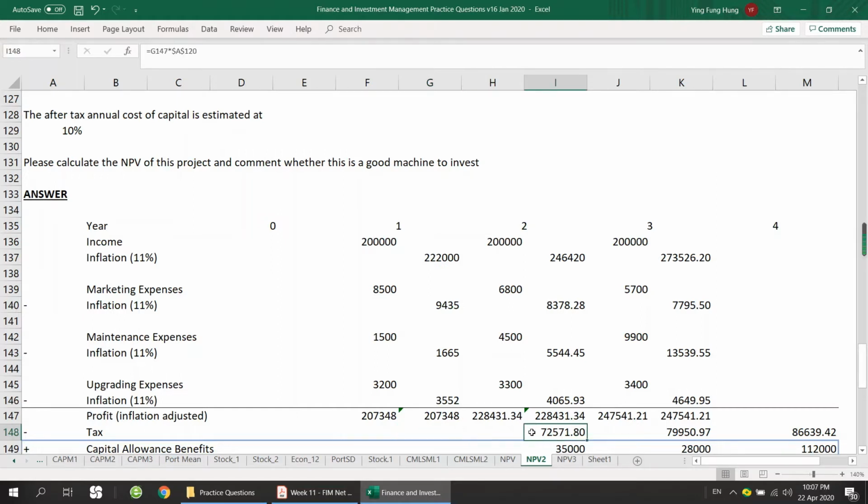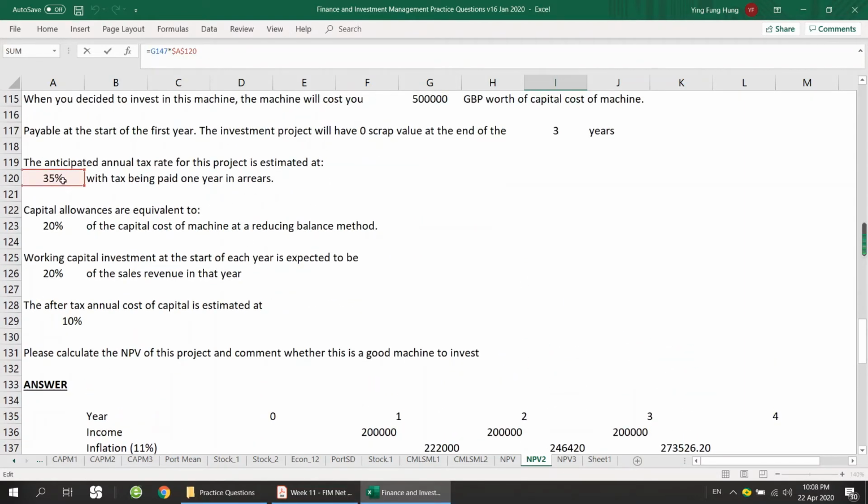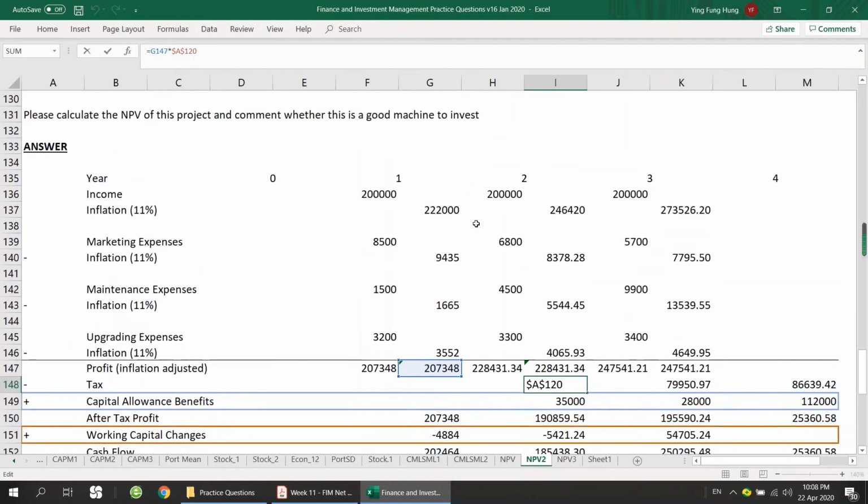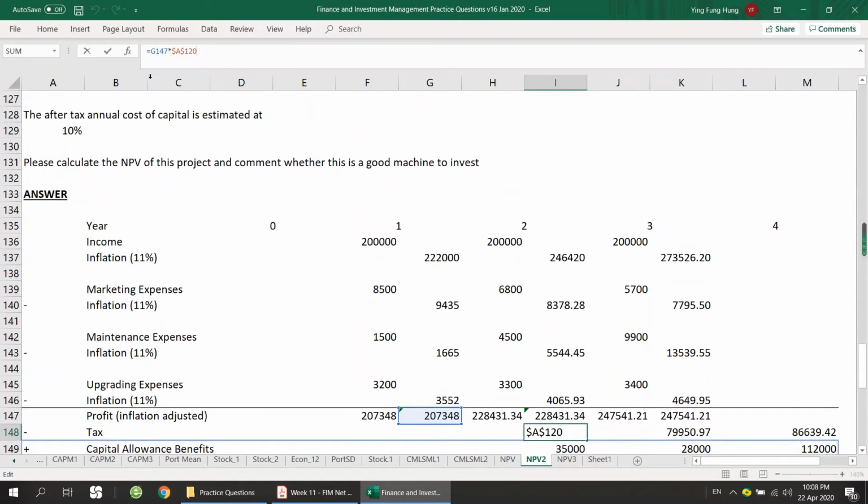So if you can see here, in year 2, we are paying 35% tax, which is in cell A120 here, multiplied by the profit in the first year, which is this